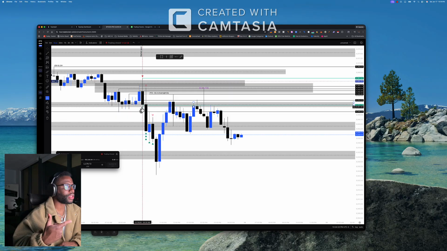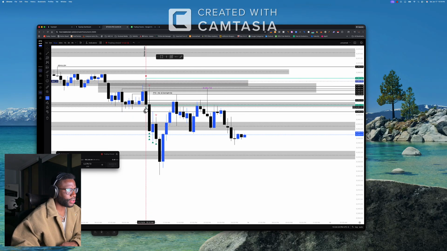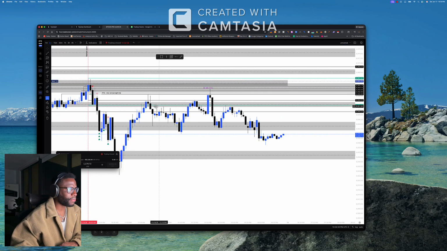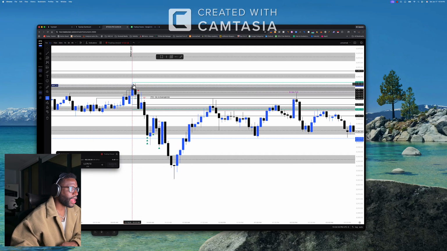On my weekly breakdown, I talked about it. I was super impatient. Mark, you were super impatient here. You didn't have to take this trade. You could have just waited for a little bit more market structure. And then once again, I believe the 5-minute is the best way to dictate price action. So what happened here? This is the ORB strategy, the green lines, just for me to get an understanding of what's happening.